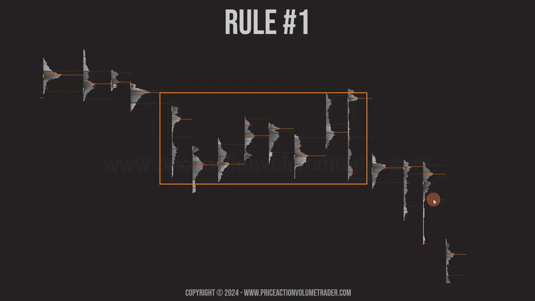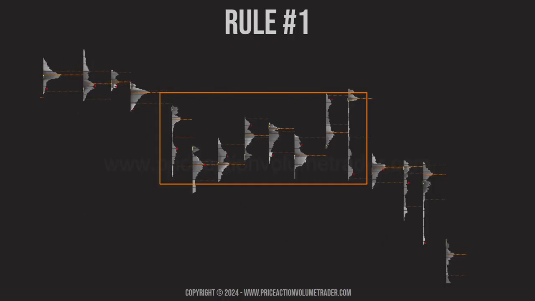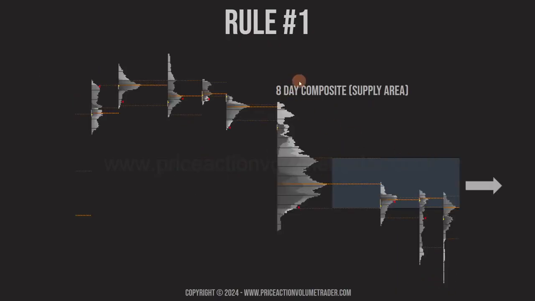Okay, here's another example, but looking at it with a composite market profile. So we have this market that had a move down. Oh, let me go back. Had a move down. Then we ended up printing 8 days of mostly sideways action in this range, and then we had a breakdown from here. So if we make an 8-day composite,